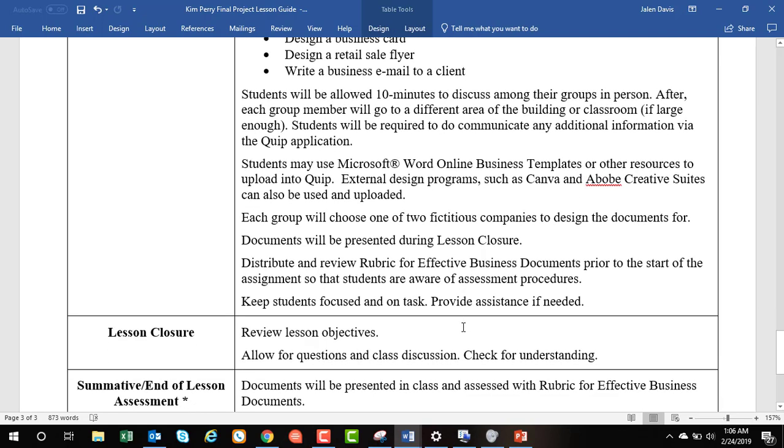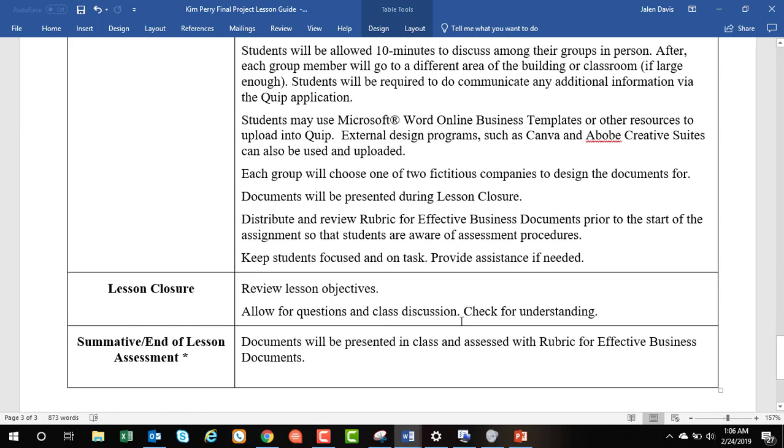In each group, there's just going to be two fictitious companies that they decide to design the documents for. And then the documents will be presented by each group. They will go up and present them live in person. Your job throughout the project is just to make sure that the students stay focused and provide any assistance,